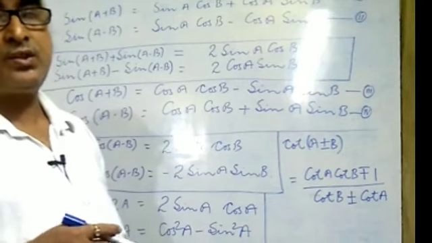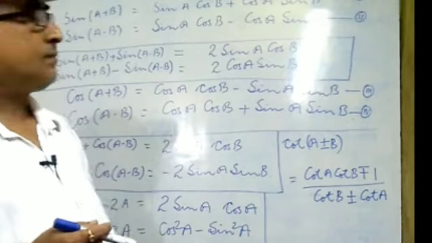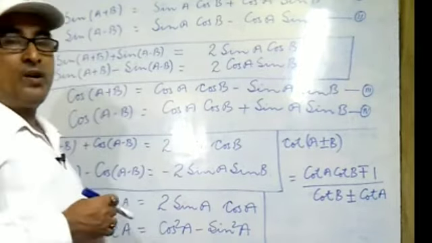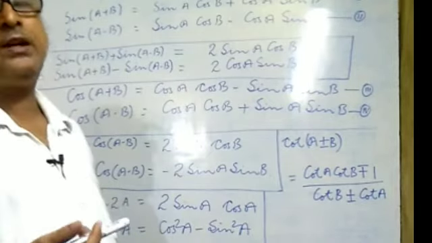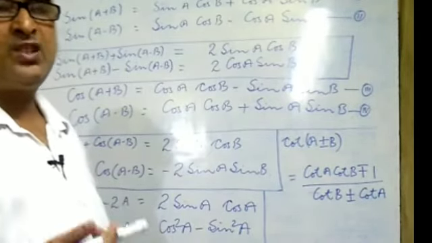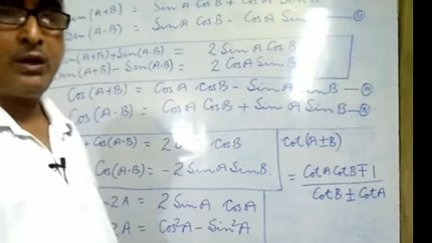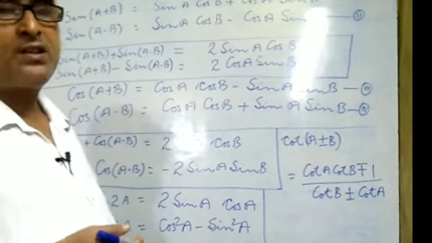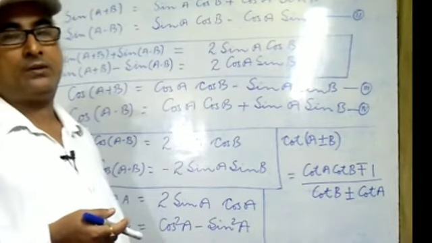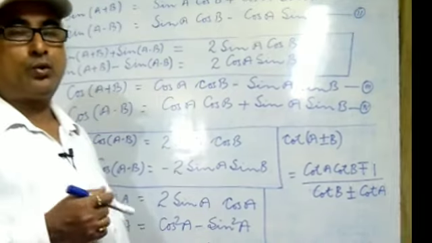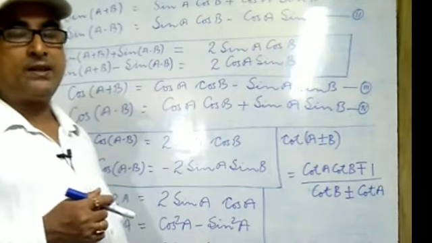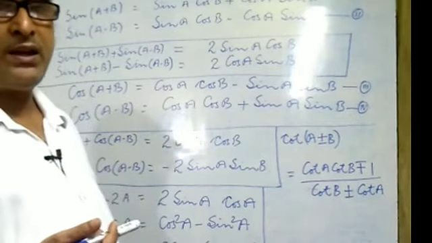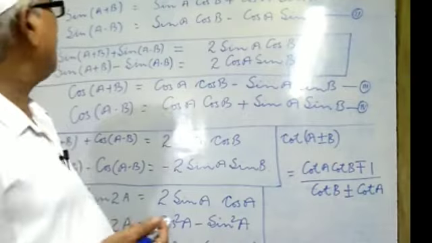So these are basic things which we have to discuss. Now see, both the equations are there. One time both the equations will be added, to establish another formula which is very crucial while solving the questions of exercise 7.3 of NCERT. So what to do? We have to add both the equations. As you know, the left side will be added to the left side and the right hand side to the right hand side.